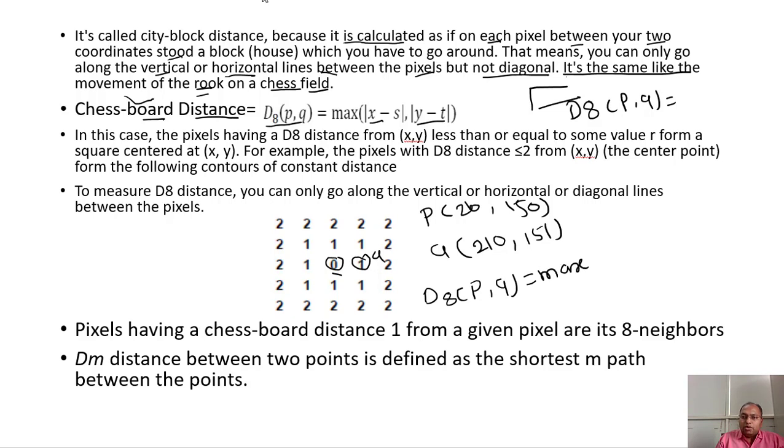So we are going to select the maximum value between the x coordinate difference. Now what is the difference between the x coordinates? It is definitely 0, isn't it? Right? Comma, the difference between these two will be what, again remember that there is a mod, right? So though it is coming as -1, it will be considered as +1, isn't it? So which one is the maximum value? 1 is the maximum value. So have you understood why this is coming as 1?